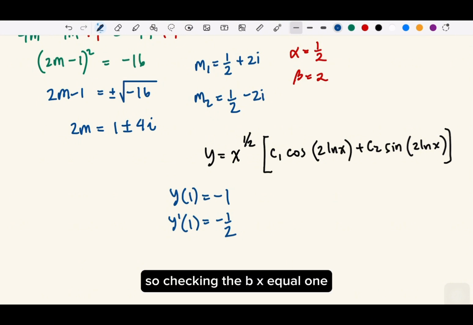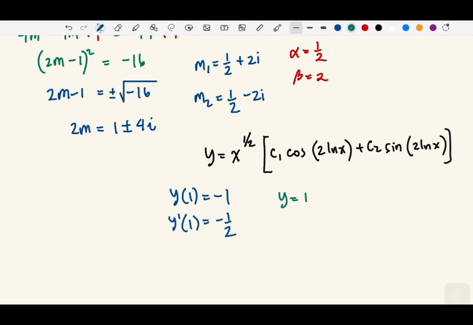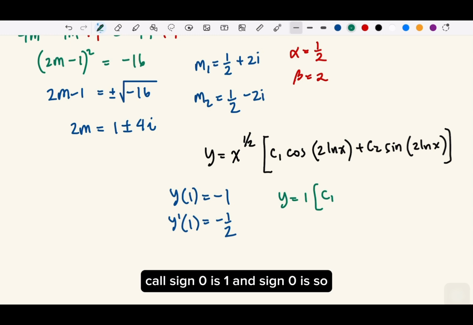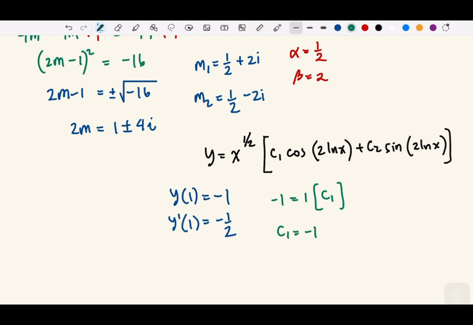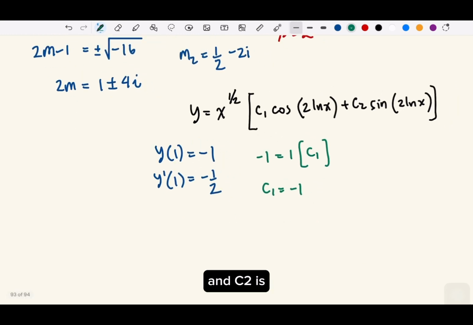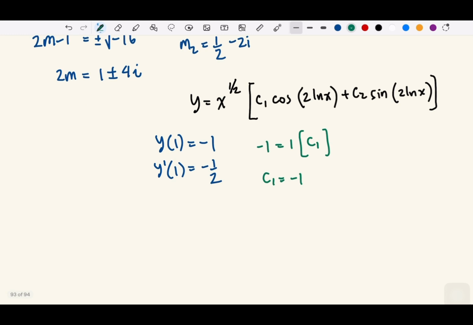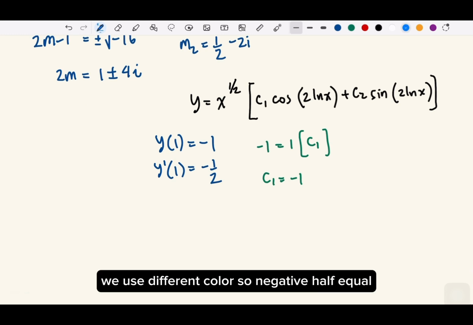So checking x equal 1. Cosine 0 is 1, and sine 0 is 0, so this will be -1. So C1 is -1. And C2 is, we use a different color, so -1/2 equal